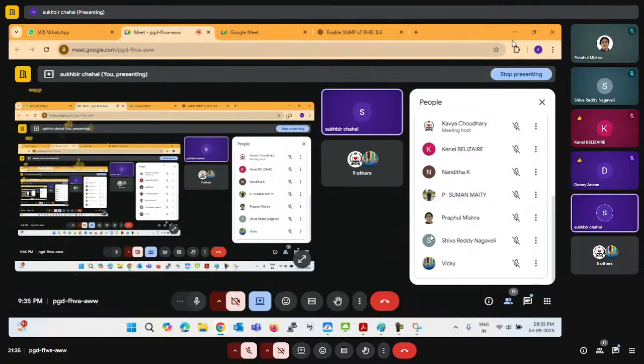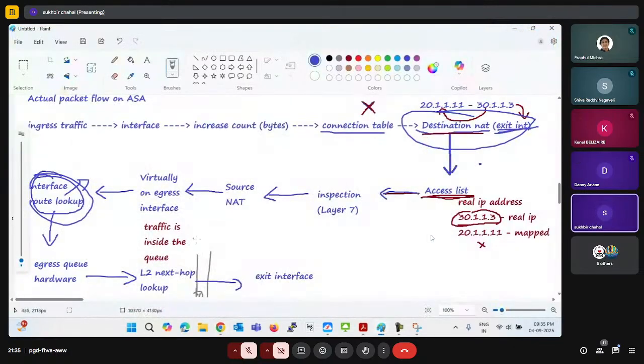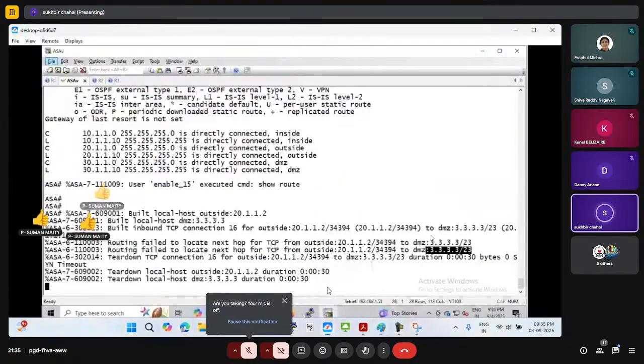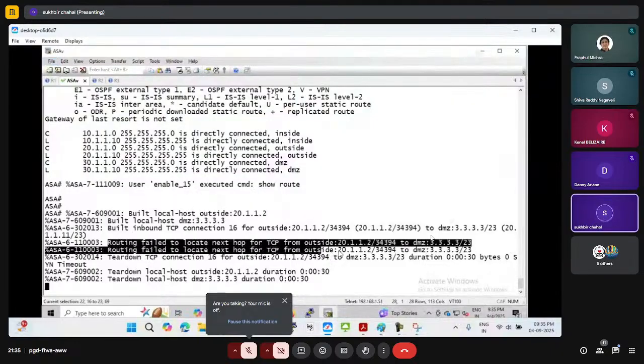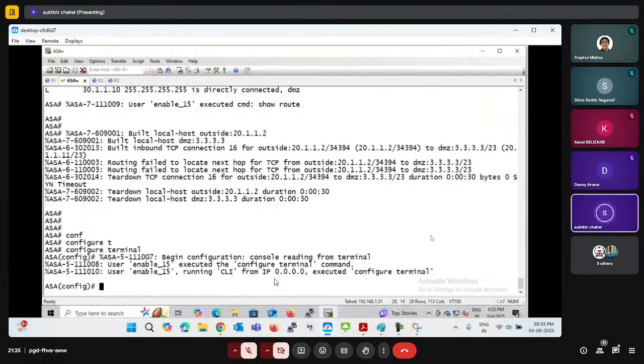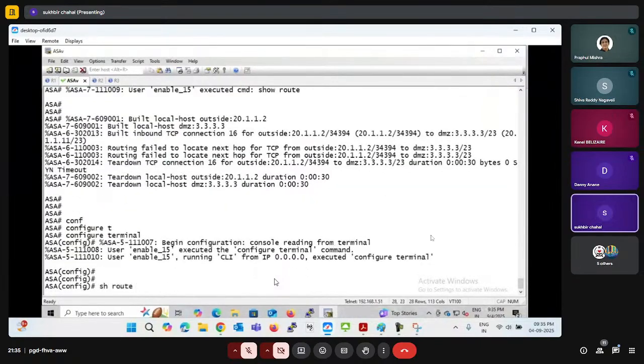Okay. So the next point is layer 2 next hop lookup. What is the meaning of layer 2 next hop lookup, guys? Layer 2 next hop means, in the same diagram, right now we don't have a route. So this time I'm going to configure the route. Here we have this route which we removed the last time, but